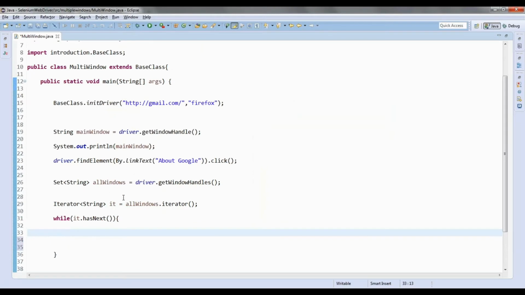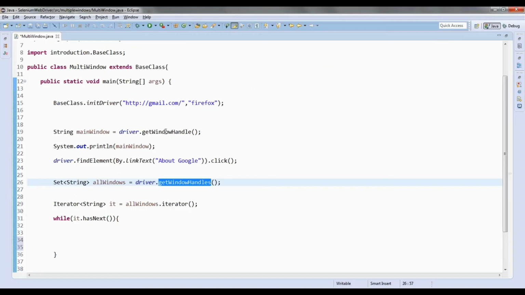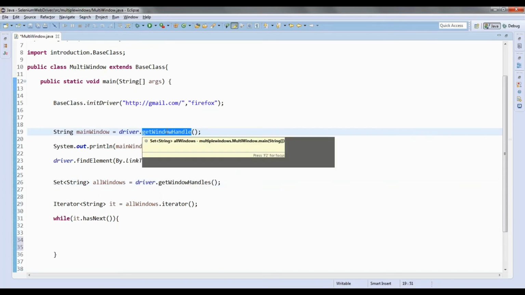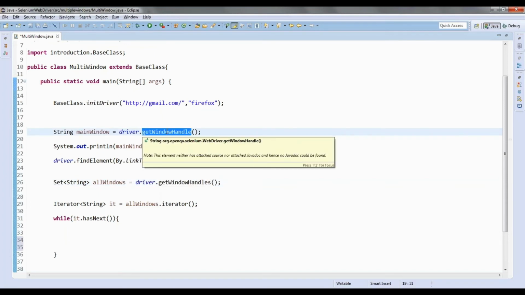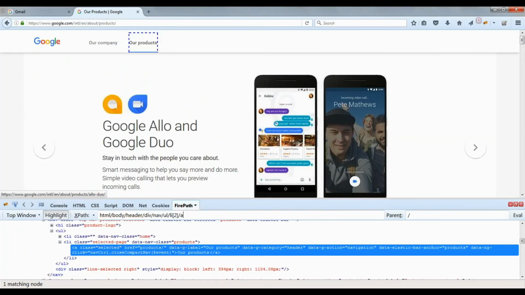To switch to that window, we need to first check, because getWindowHandles will give me the ID of the main window as well as the IDs of the child windows. getWindowHandle is used to get the ID of the current window, but getWindowHandles will give me the IDs of all the open windows, whether it's the main window or another window, it doesn't matter.